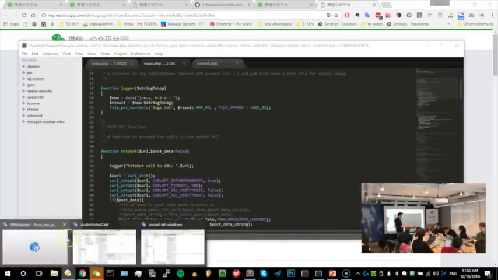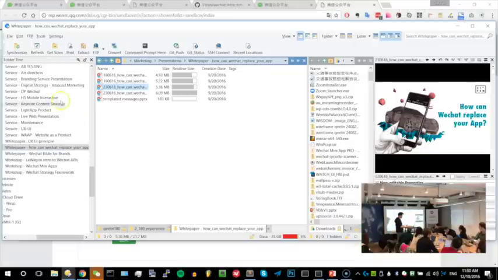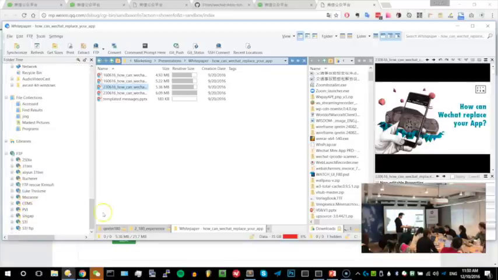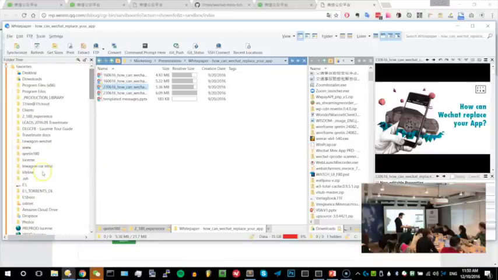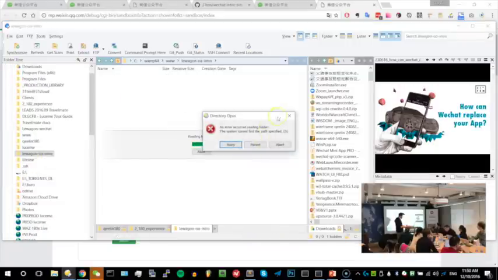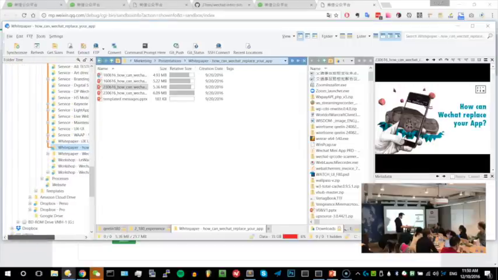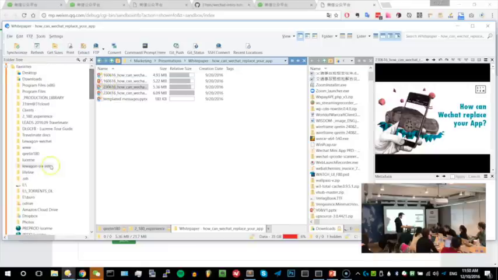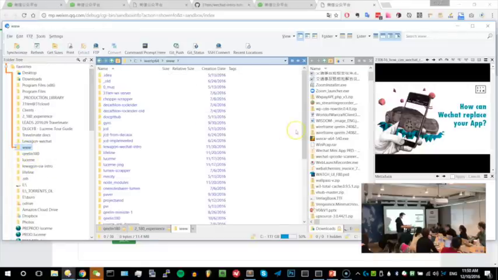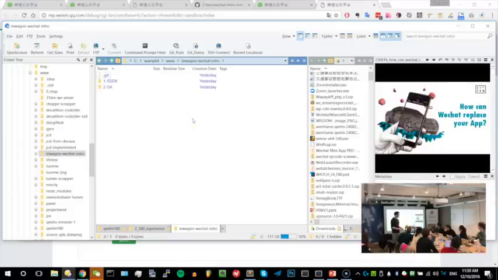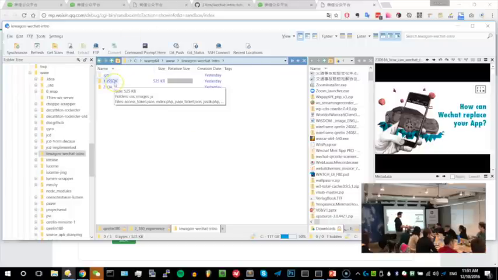So what I did is I go to this one, the Wagon. Actually, it's not this one. I already installed the repository on my computer. This is the code that is on GitHub that we're going to explore together. The first one is the JS-SDK, so let's all go to this one.